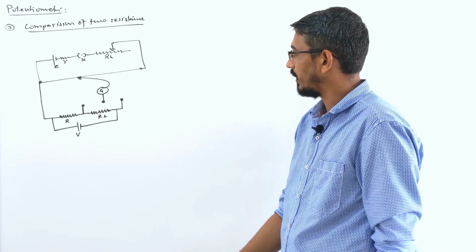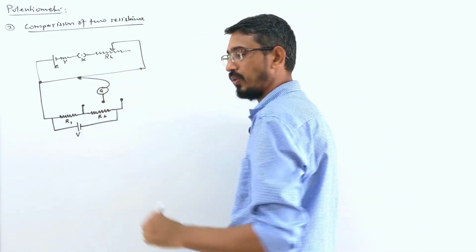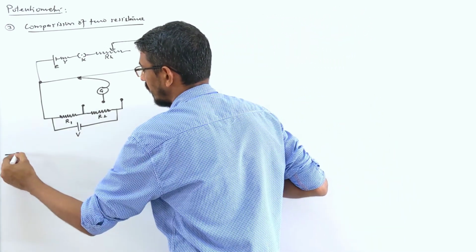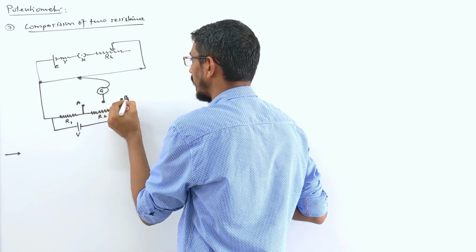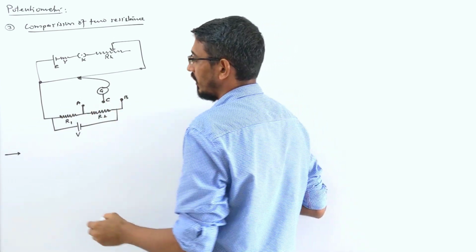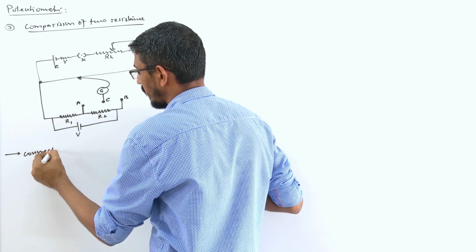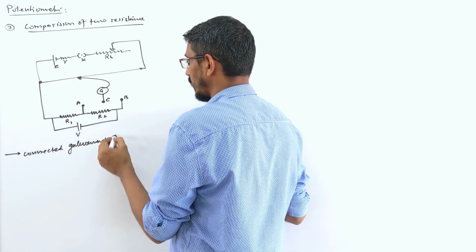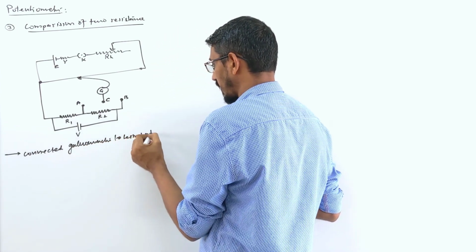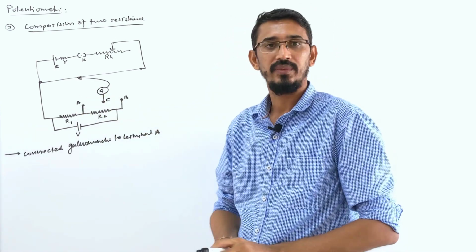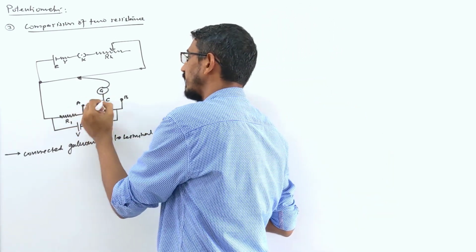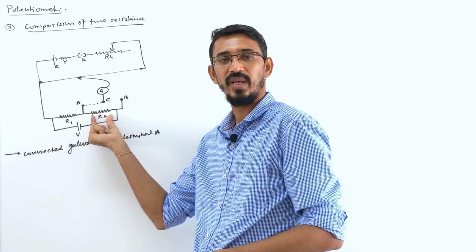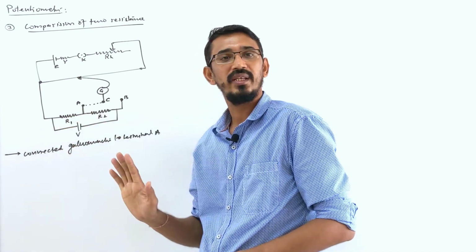So what are you doing? Watch carefully. Resistance R1 and resistance R2 are connected in series. To understand, I give names: terminal A, terminal B. This is your C. So connect galvanometer to terminal A. You connect C and A together. These 2 terminals you are connecting together, right? You touch them. Then what happens? Only this resistance is connected in the circuit. This is not connected, so it became open circuit. This resistance alone gets connected.